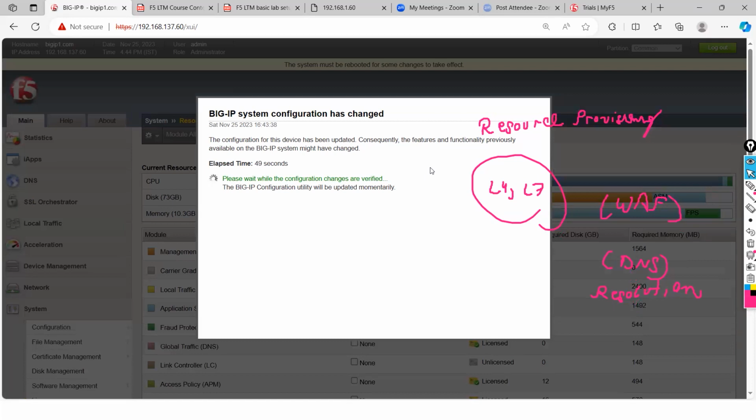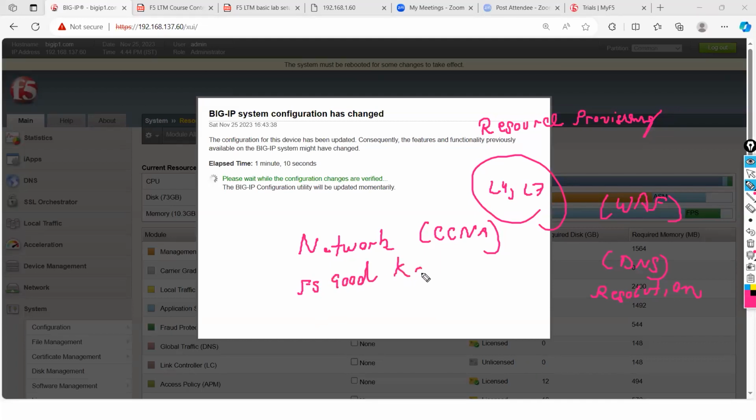Now, if I talk about, guys, who can attend this training. Anyone who is a network engineer, who has a good knowledge of CCNA, or I can say OSI knowledge, can attend. Who is looking for F5 good knowledge practically, plus who are looking to increase their skill can attend this.